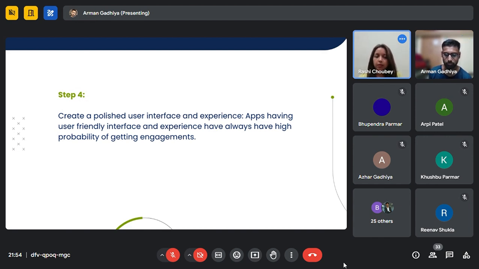People come, and when they open your application, they should just get your idea of why you created this app, and you have to create a very polished and very user friendly interface for your customers. So once they come into your application, they just like your look and feel and how to operate it. It's just point and click.